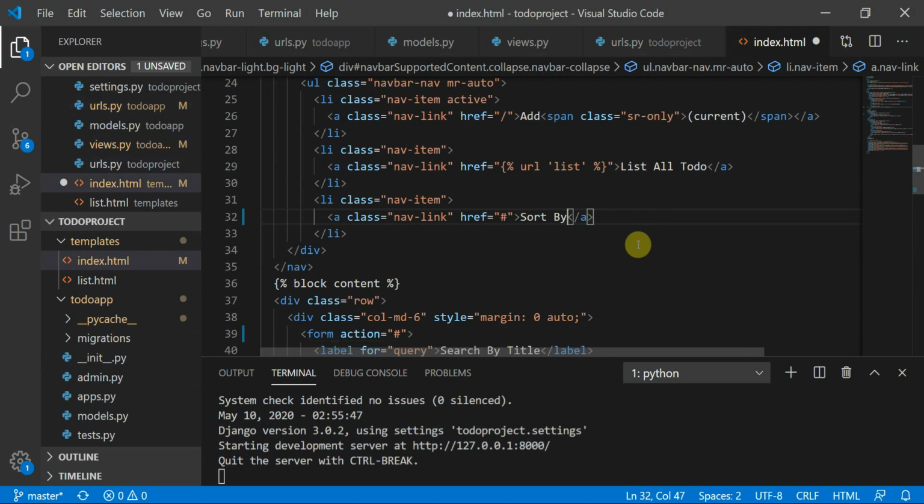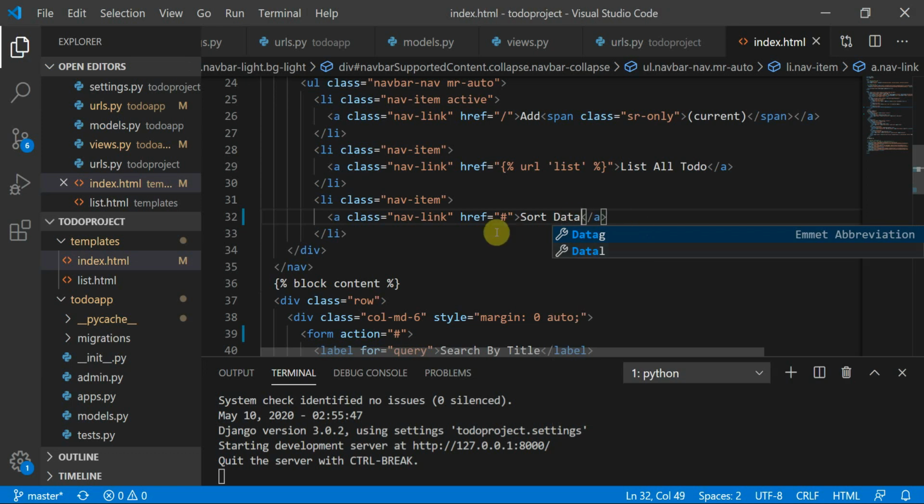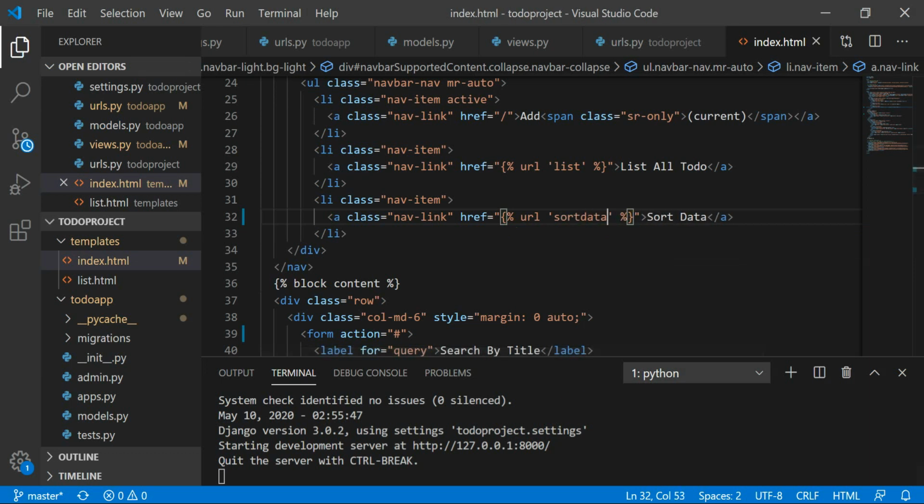Let me do this as sort by sort data, and the URL would be percent url link. I'll define the URL, then give a percent sign, and I would define this as sort_data. I hope this is fine. I have done sort data.